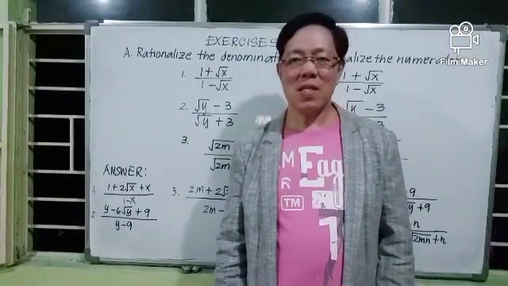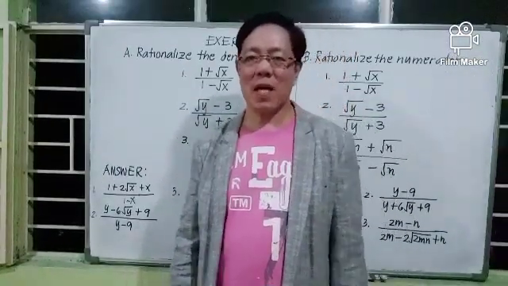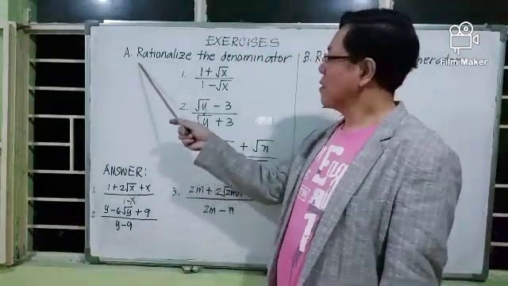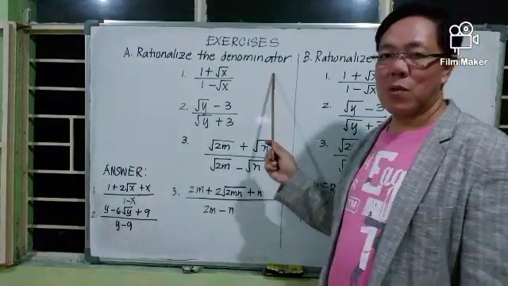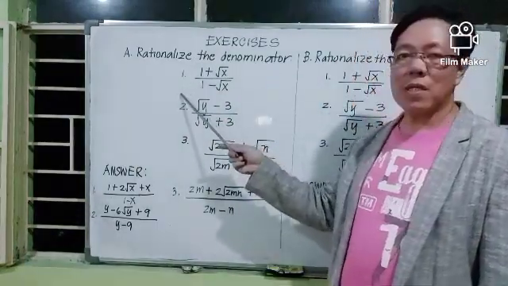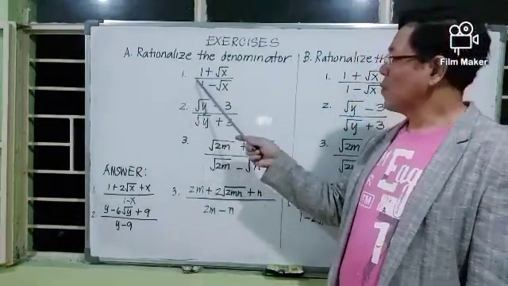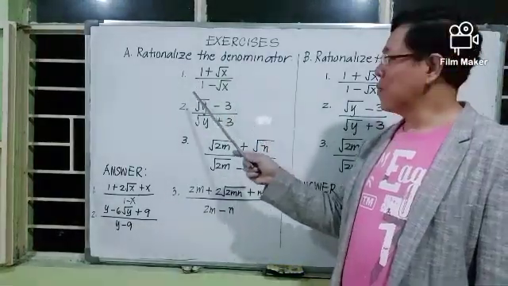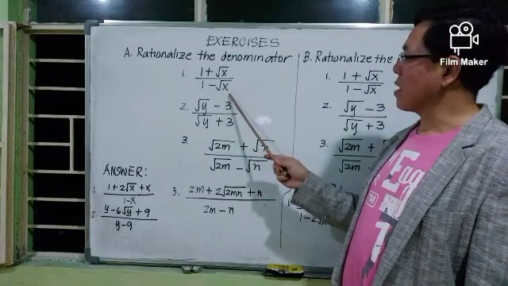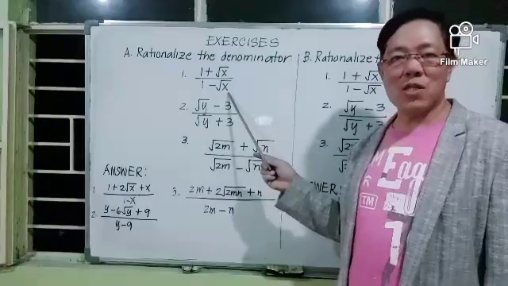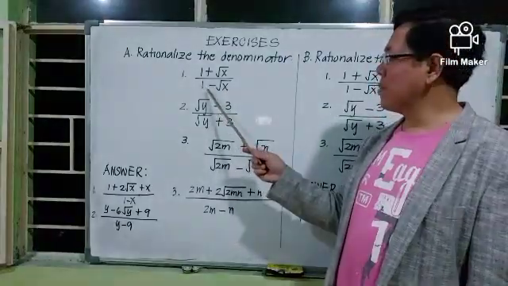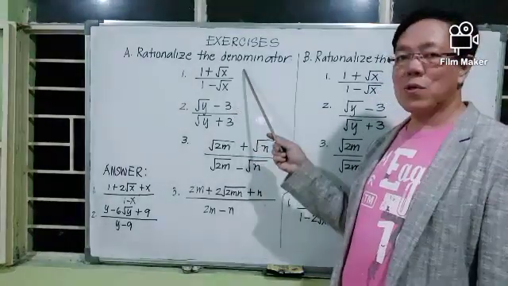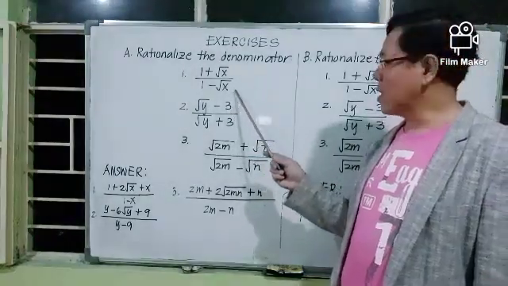For your practice, please try the following exercises. For letter A, rationalize the denominator. In number 1, the given is 1 plus square root of x all over 1 minus square root of x. And you will rationalize the denominator 1 minus square root of x by multiplying the numerator and denominator by the